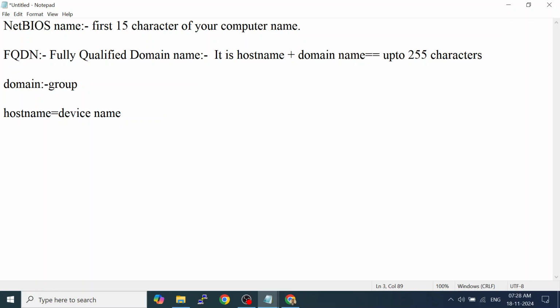So that is the length of any FQDN. Till here things are clear? Any confusion?